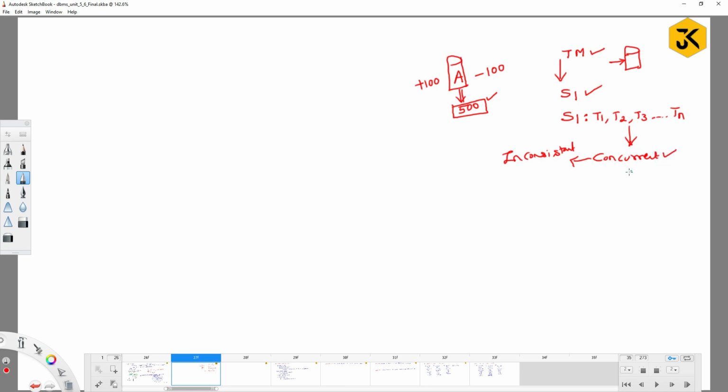But there is another kind of execution, which is called serial execution. In serial execution, there is no problem. But when it comes to concurrent execution, definitely there might be problems which might lead to inconsistency. For that, we have to think about various kinds of cases. So that's the reason, to overcome the drawback of inconsistency, we are moving to various kinds of scheduling,